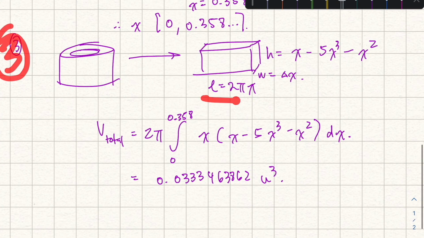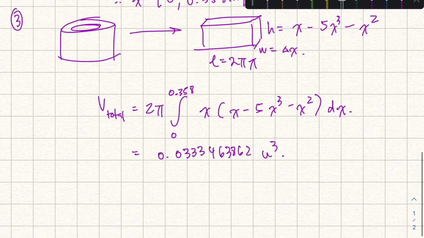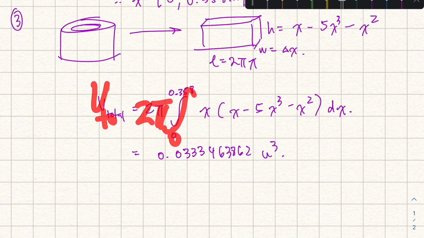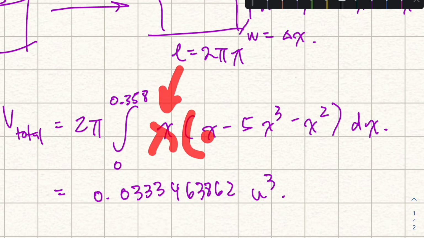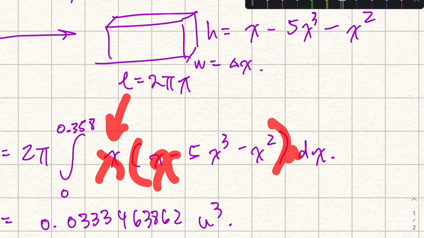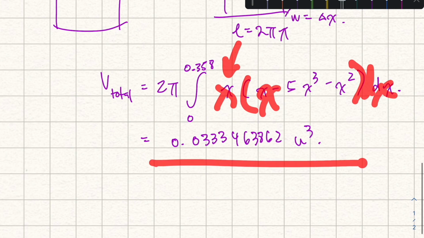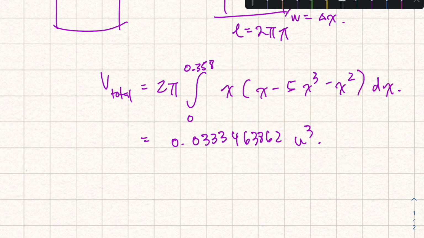Then at this point, step 3, where we know that essentially the volume of one cylinder is proportional to the rectangular prism, we can say the total volume is the total sum, 2 pi, from the x bounds of 0 to 0.358, of the x portion of the length multiplied by the height, all with respect to dx. And this gives us the total volume of 0.0333463